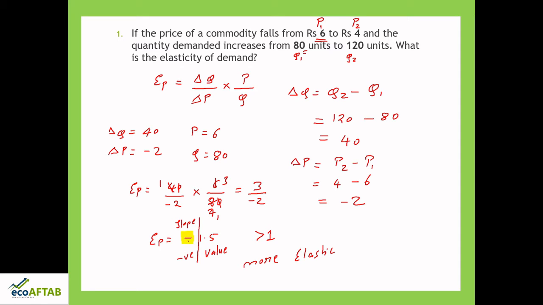If this becomes plus, then both the variables are moving in the same direction. Here you can see the price has decreased, the quantity demanded has increased. So, when the variables are moving in the opposite direction, we get a negative slope. That is the reason the demand curve has a negative slope, and that is what this minus sign is telling us. In most of the books, many times we ignore this sign. So, directly we can say 40 divided by 2 into 6 divided by 80 is equal to 1.5. That is all about this particular problem and formula.